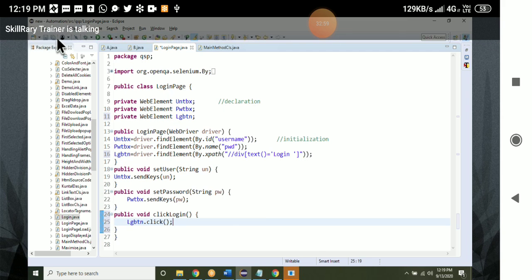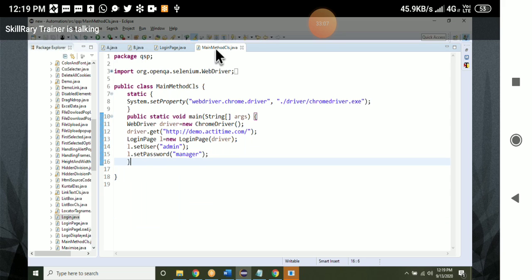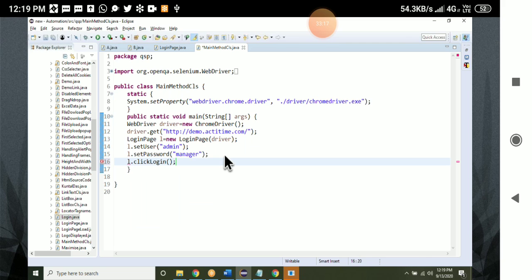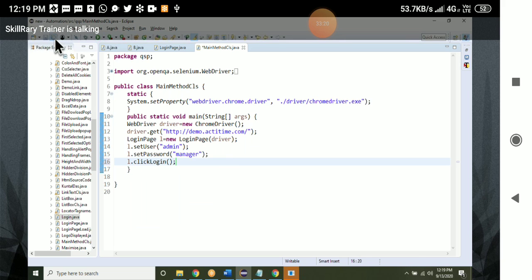Okay, here go to the main method class. We are not passing any variable here because we are just clicking; we're not typing anything. So l.clickLogin. If I execute this,